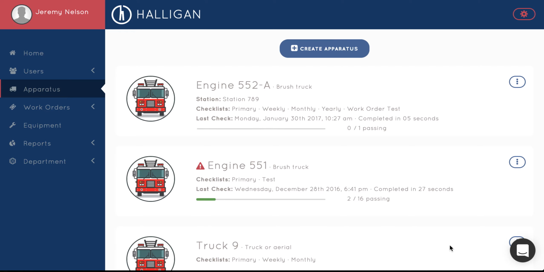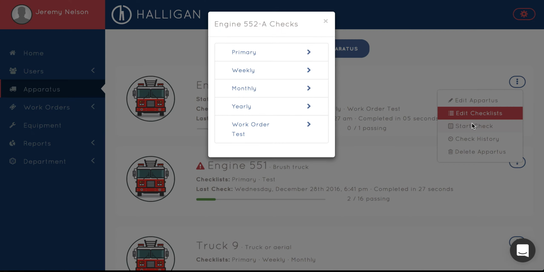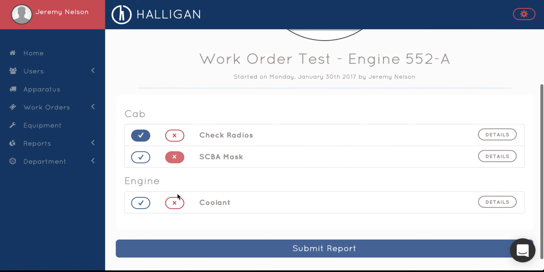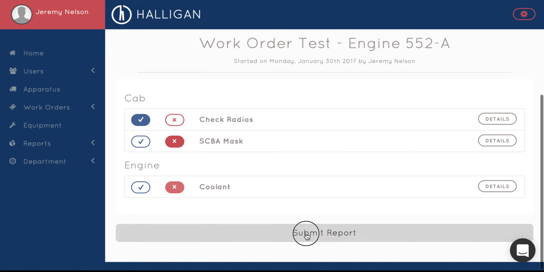So I'll click Save on our checklist. And now we could always have this work from within the mobile app, but for the sake of this demonstration, we'll just start the check here inside of the web application. Start the work order test. It will load up right here. And this one already has an outstanding ticket, but I can fail it again. I'll pass it. I'll fail the SCBA mask, and I'll fail the coolant. I'll submit the report,